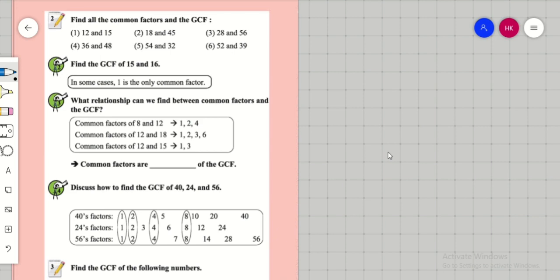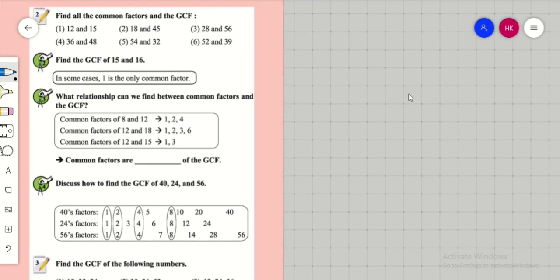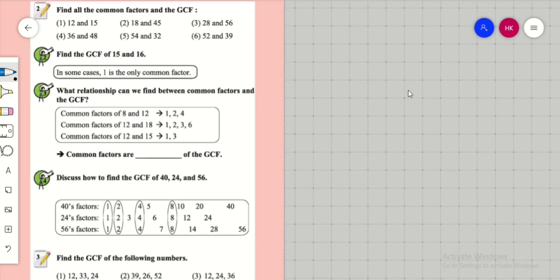So what is Euclid's method? In our first semester we learned using Euclid's method for finding LCM. This time we will use the same type of method, Euclid's method, to find GCF. This is very similar but not the same. The first question: find GCF